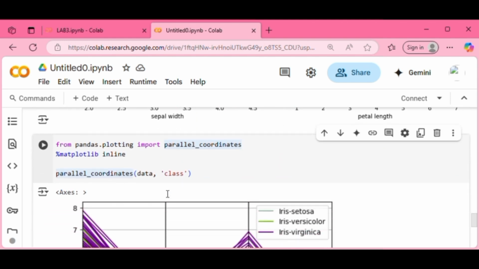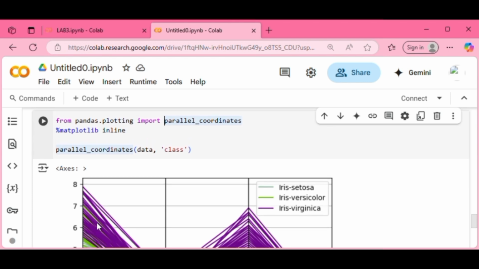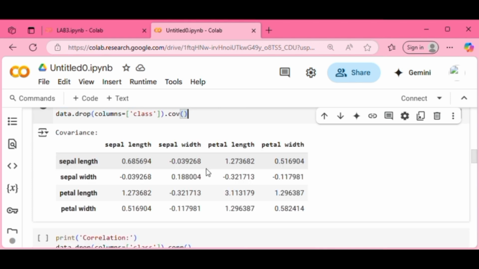And from this code, it is pandas plotting the data. It should use multiple columns, and one of the columns is chosen for the classes and divides the data into categories. It is used to differentiate the data in the color plot. Each category will be assigned a different color. From the output, it is used to differentiate data by color, and the plot of each category will be colored according to the value in the class column, allowing us to visualize the distinction between different categories. It is especially useful to see trends and patterns useful for multi-class data.